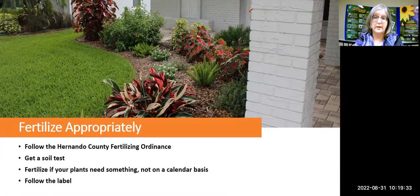Fertilizing appropriately, that is principle number 3. One of the easiest ways to do that here in Hernando County is to follow the Hernando County fertilizing ordinance, and I'm going to cover that pretty exclusively in the next few slides. Before you decide it's just time on my calendar to fertilize, the University of Florida wants you to figure out